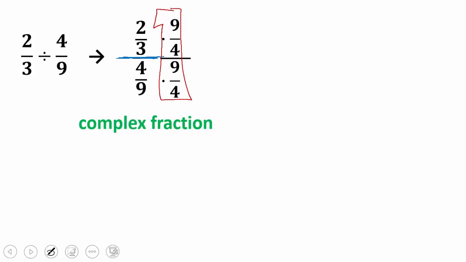However, what do we recognize? That if we take 4/9 and multiply it by 9/4, we're going to actually get a fraction that looks like this: 2/3 times 9/4 over 1. We've made the denominator simple because the 9s simplify out, the 4s simplify out, and it gives us 1 in our denominator. So now when you're dividing something by 1, well, what do you get? You're going to get that number. So you're going to get